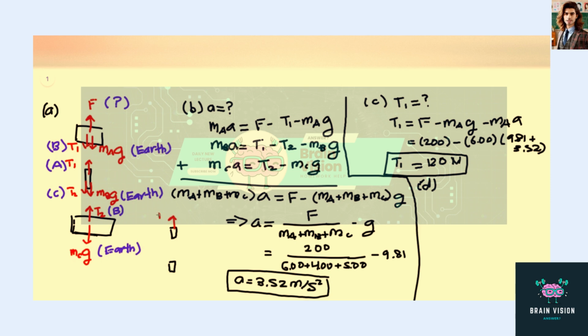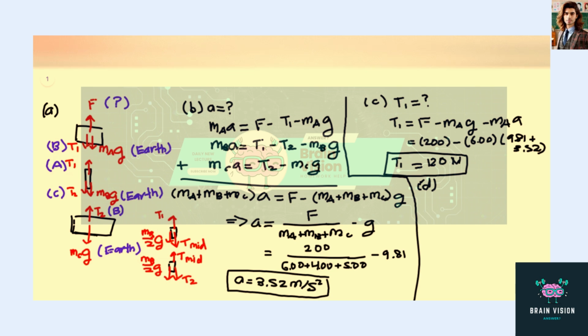So we have T1 still pointing upward, and then m_B over 2 g is the gravity acting on this rope, and then T_mid is the tension at halfway through the rope. So T_mid is also going to be applied to the top of the bottom half of the rope. It also has a weight of m_B over 2 g because we split it in half,